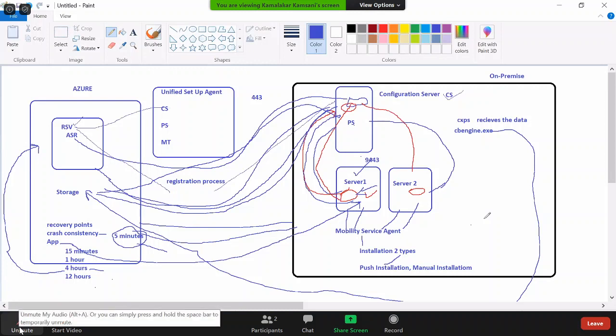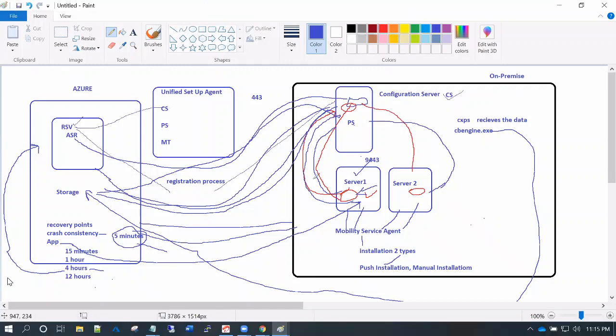So in Azure Site Recovery, ASR, we have something called recovery plans. In the recovery plans, you can set how we want to fail over the servers. Whether you want to fail over the DB servers first, after that start the DB services, and perform some post-migration operations. You can configure everything as part of recovery plans. You can have some scripts in it as well.